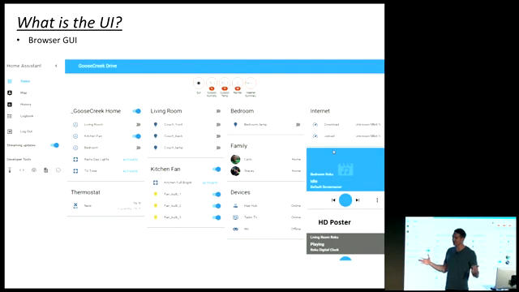Okay, so I've said it starts a web server. So what is the UI? Well, it's accessible via the browser, and basically you get a panel. This is the out-of-the-box interface to Home Assistant. You can see across the top here, we've got some sensor readings. These are just numerical readings. But we've also got cards over the front face of Home Assistant, and these are showing controls to switch on devices that have been connected to Home Assistant. In this case, this card is displaying a media player. So this gives you a very standard way to look at Home Assistant.